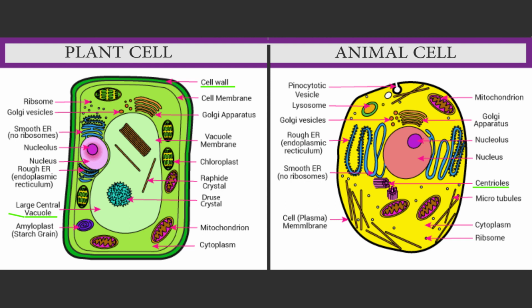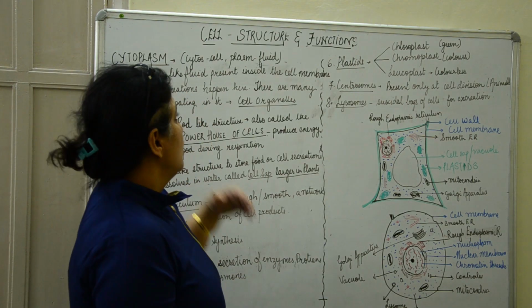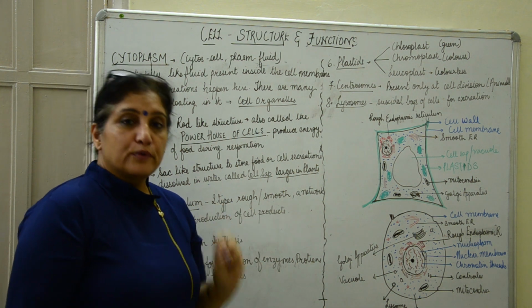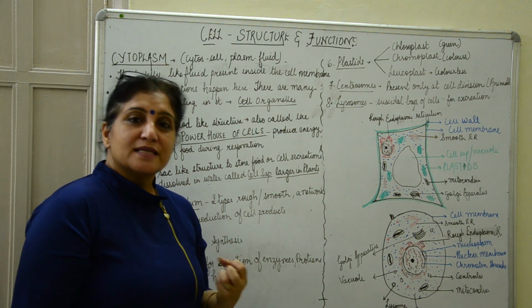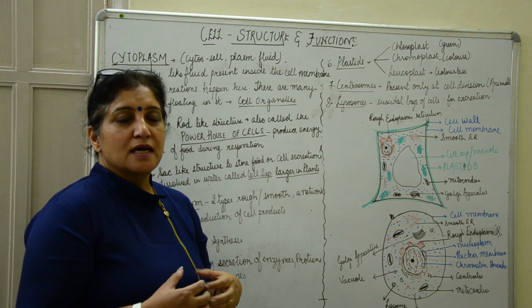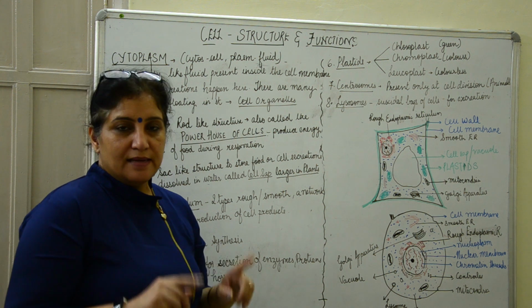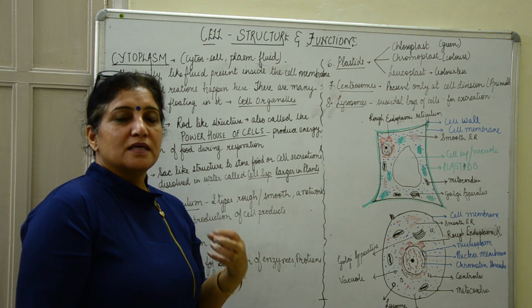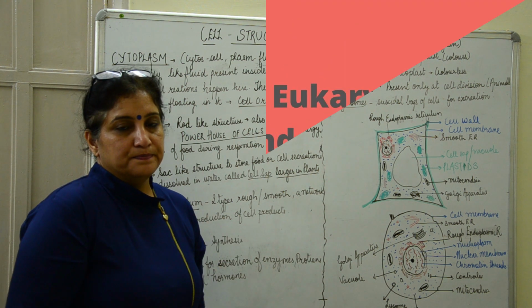So even by the look of these two cells, you know that they are different. And also there is one more difference: the plant cells are slightly bigger as compared to the animal cells. Also, cytoplasm and nucleus together are called protoplasm, or the one which contains life. So this is the living part of the cell. When the cell dies, you can only see the cell wall or the cell membrane, but you do not see the inside structures because the protoplasm is no longer present in it.